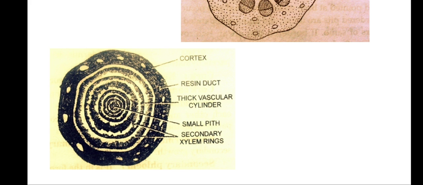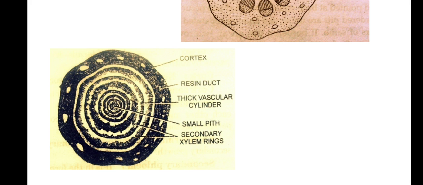Here the xylem cells of the secondary xylem are arranged radially, and bordered pits are present in their radial walls. These bordered pits can be in one row or in two rows. That means biseriate pits are arranged in an opposite manner and are called Araucarian pits. Bars of Sanio are present in between the pits, and these are called crassulae. So this is the structure of wood.